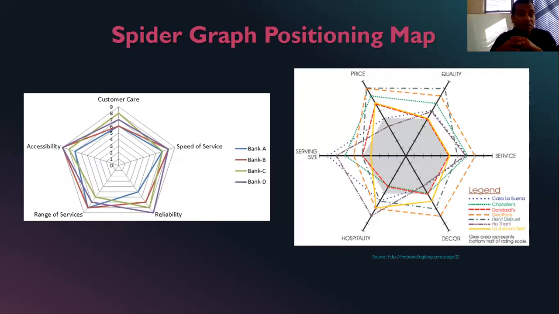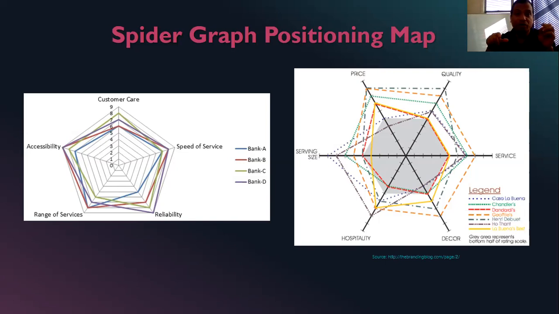So over here you see a bank. Suppose on the left-hand side they have bank A, B, C and D. The four banks are there, and you want to see whether your bank A has better positioning compared to banks B, C and D. As a marketer, these are your tasks, right? How beautifully you have positioned compared to the others. So what you did, you identified five different attributes: customer care, speedy services, reliability, empathy, accessibility, or range of services. So on those five